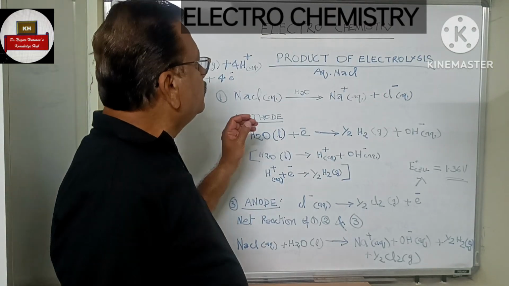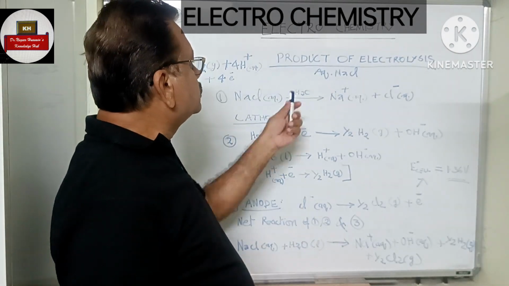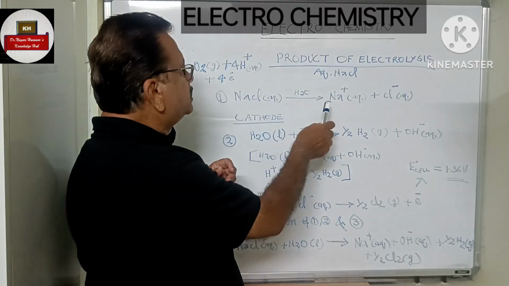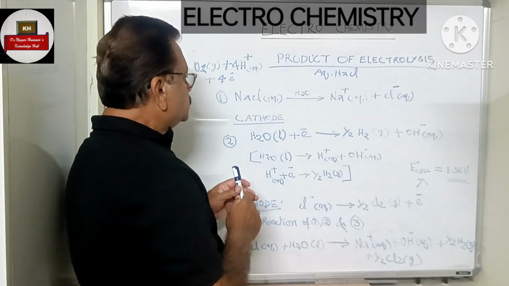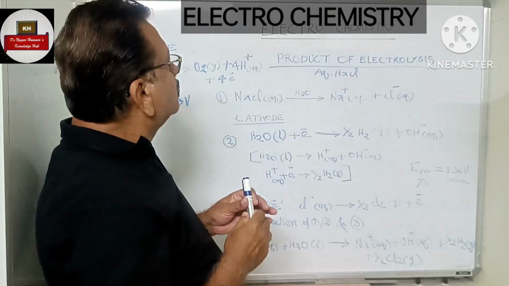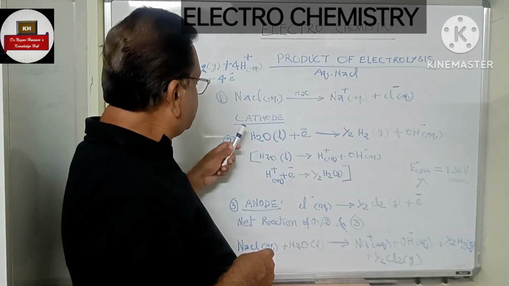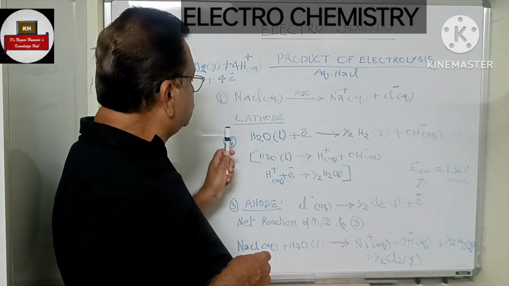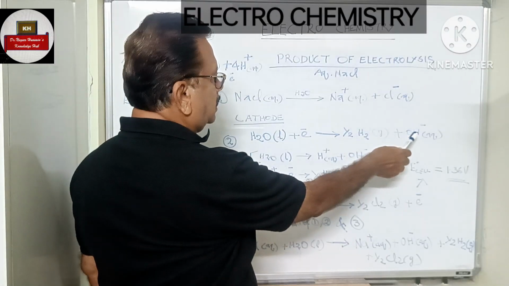Dear students, now we will see the product of electrolysis. We take the case of aqueous sodium chloride. Normally when you put sodium chloride in water, it will dissociate into Na+ and Cl- ions. So then we will see, during passing of the current, what are the reactions that are possible at the cathode and anode. Okay, if you take the reaction at the cathode, water will dissociate and give hydrogen gas and OH-